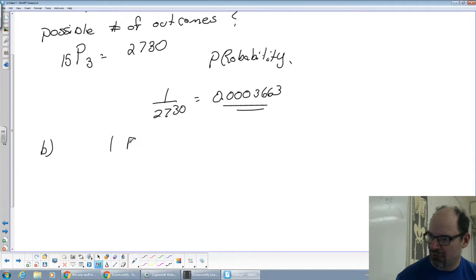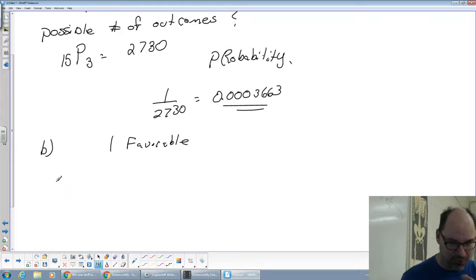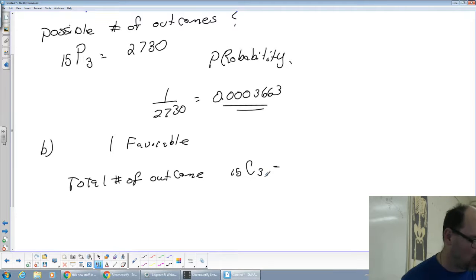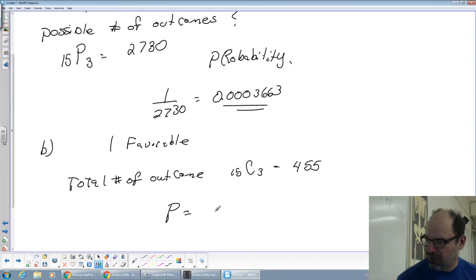So there's 1 favorable, but the total number of outcomes is going to end up being 15C3, because they are now on a cleanup committee and they're not in a particular place. So if we go 15C3, we end up getting 455. So we get probability equaling 1 over 455,